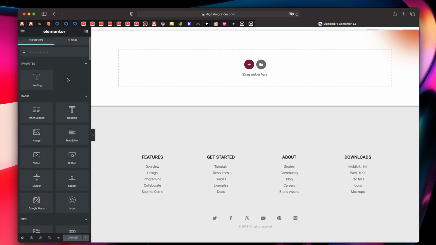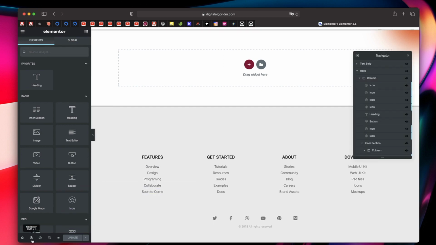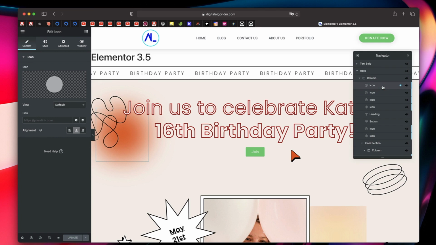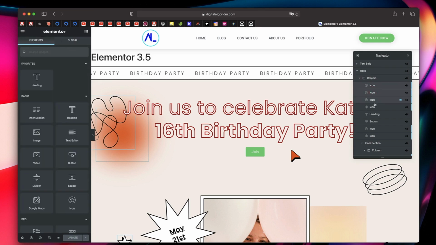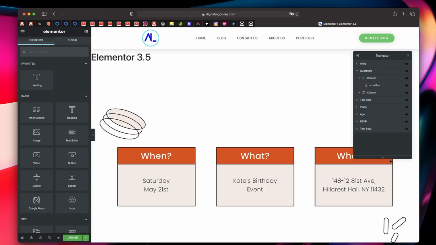This is highly helpful. And the next feature is multi-select, right? Now when you click on navigator at the bottom of your Elementor interface, you can hold down the command key and select multiple widgets, and even multiple columns, multiple sections, just by holding command key. And you can right click on any of them and you can simply delete all 6 items. So that speeds up workflow quite a lot. And right click works for all the selected elements and for all the common options that they have, right? So this is again another amazing feature in Elementor 3.5.